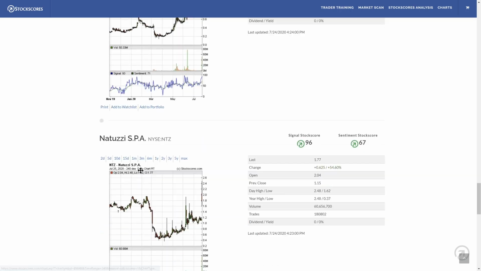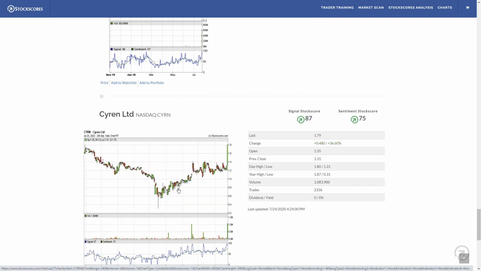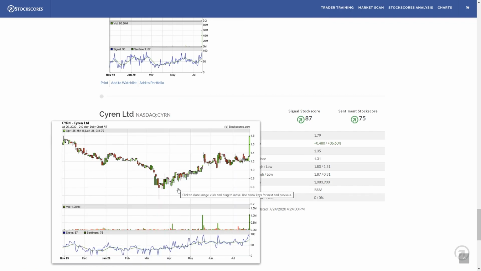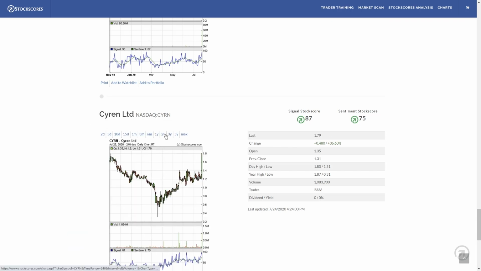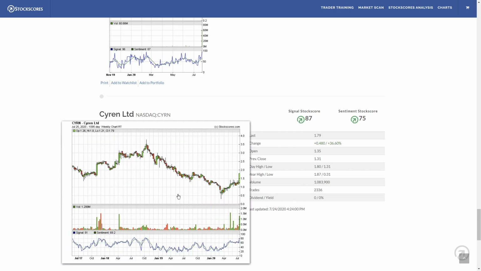So as I cycle through these, I'm just looking for these predictive chart patterns. Here I see one that looks pretty strong on the daily. I also like to take a look at the 3-year weekly chart, if I like the daily. And the 3-year weekly looks pretty positive as well. You'll see that this stock was in a downward trend line. It built a rising bottom, and now it's breaking from a rising bottom,